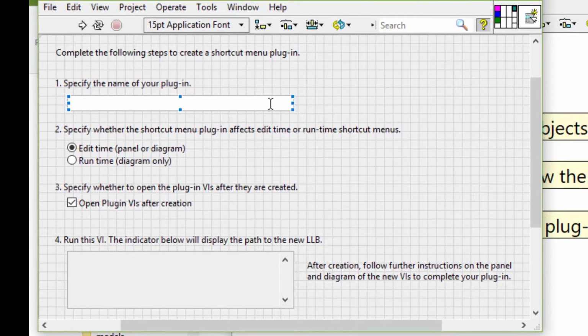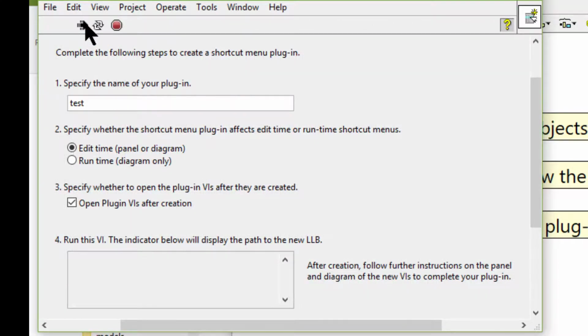Give a name to your plugin. Let's call it test, and specify whether the shortcut plugin menu affects edit time, panel or diagram, or runtime diagram only, and specify whether to open the plugin VIs after they are created. So we have chosen edit time, panel or diagram, and we have chosen to open the plugin VIs after they are created. So let's run the VI,